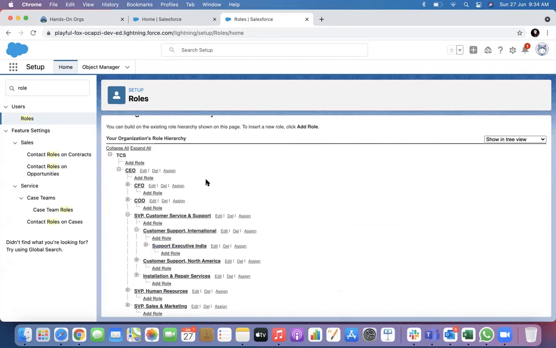Or I can go to that user also. You can choose any of these roles. So this will be available in that drop down. Yeah, same way. You can assign it from here or you can assign it from there. Either way. And there is a concept called public group.